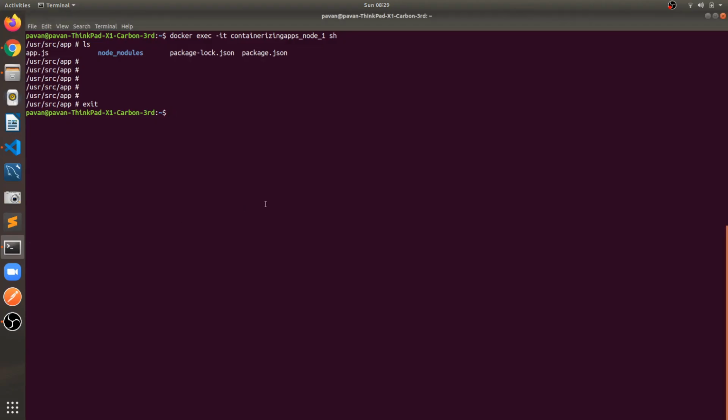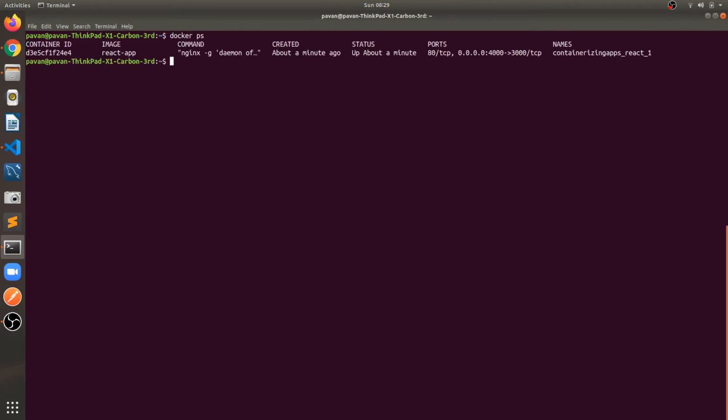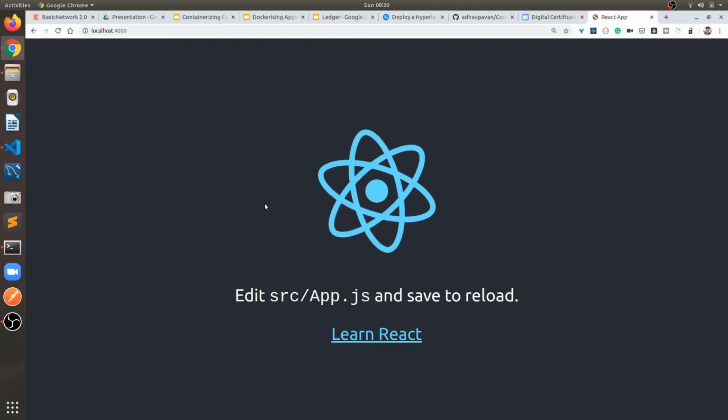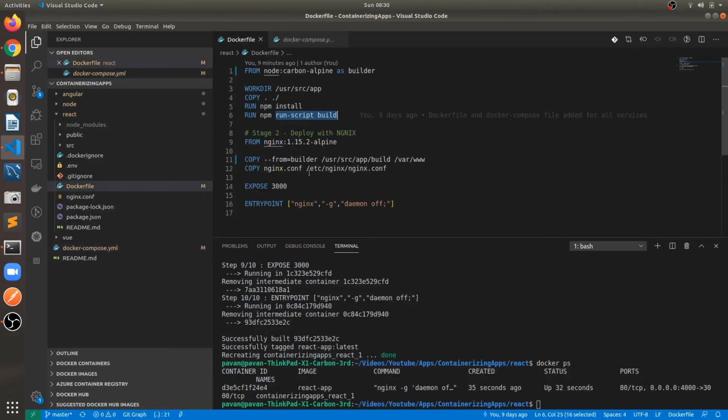We can see what exactly is contained inside the container with docker ps. Now we have one running container. We will enter inside the container with docker exec -it sh. Now we can see there are different folders. cd /. What we did in the Dockerfile was copy all the content from the build to /var/www.